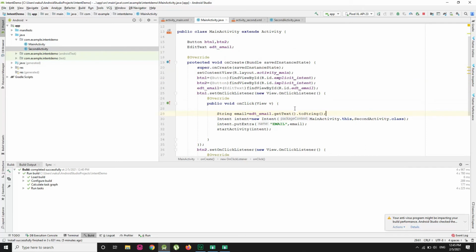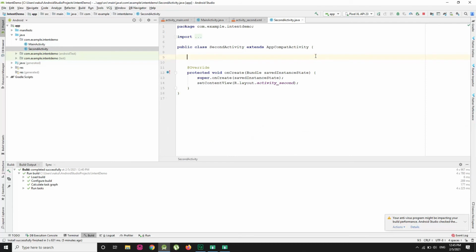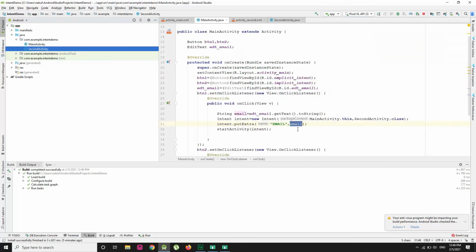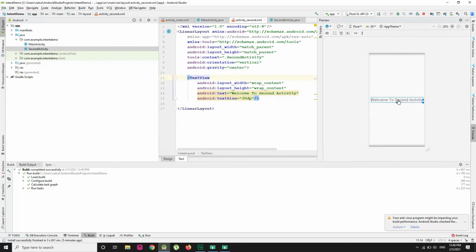Now I am going to print this email into our second activity. So first I have to make this TextView. I am going to print this email ID over here, right?